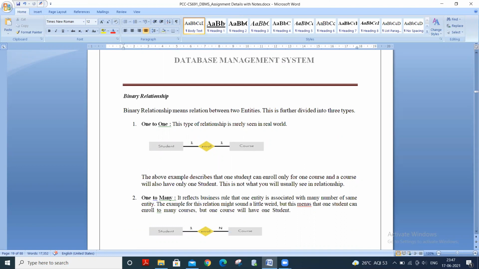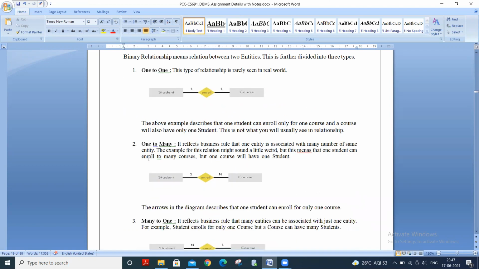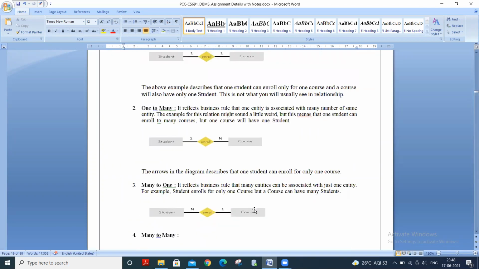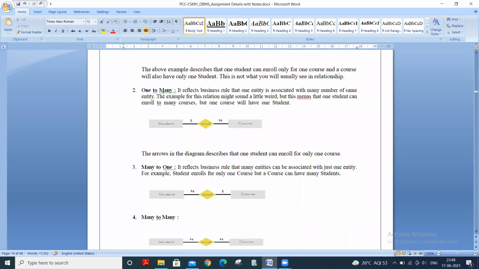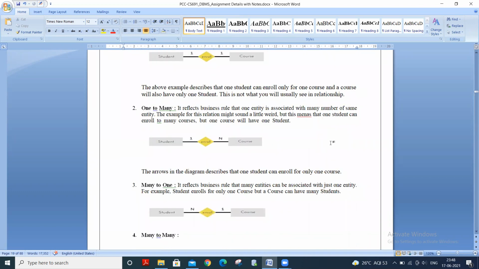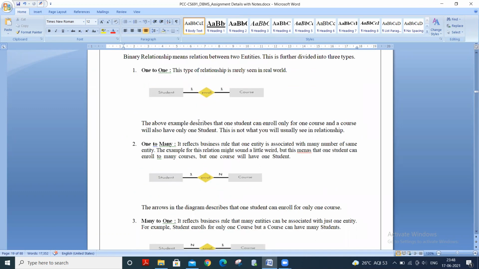But binary relationship can be classified into three types. First one is one to one. Next one is one to many. Next one is many to one. Means one we can do it that one to many or many to one, we can put these two into one category. And the next one is many to many. So if we consider these 2 and 3 in a separate manner, then it can be divided into four types. But when we assume that one to many or many to one are together, then it is of three types.